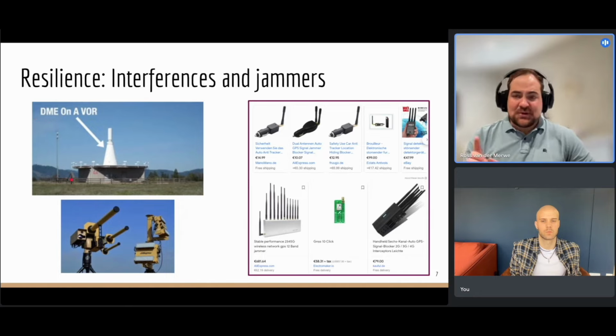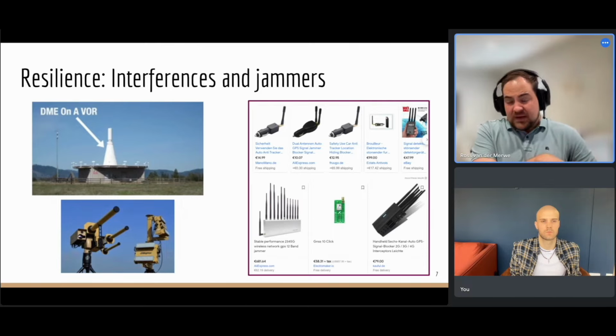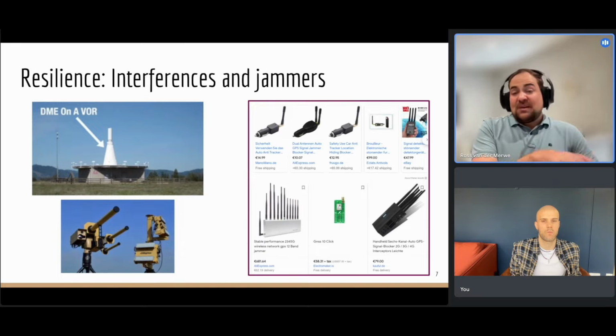So if you do drive close to an airport, you might see one of these big antennas, and they transmit signals in the L5, E6 bands. Now, these do interfere with GNSS, but they may be there. They are allowed to transmit. They're also an allocated user of that frequency band, which also implies if you happen to live close to an airport, you could be having some GNSS problems.